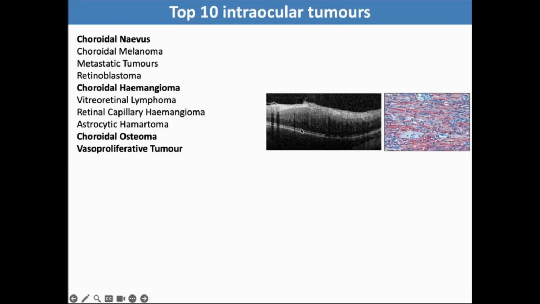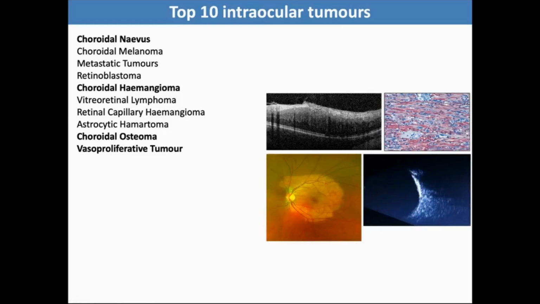This layer here is the associated sclera, and this choroidal hemangioma is similar to what you see in other locations. This is a choroidal osteoma, and what is highlighted here on the ultrasound is